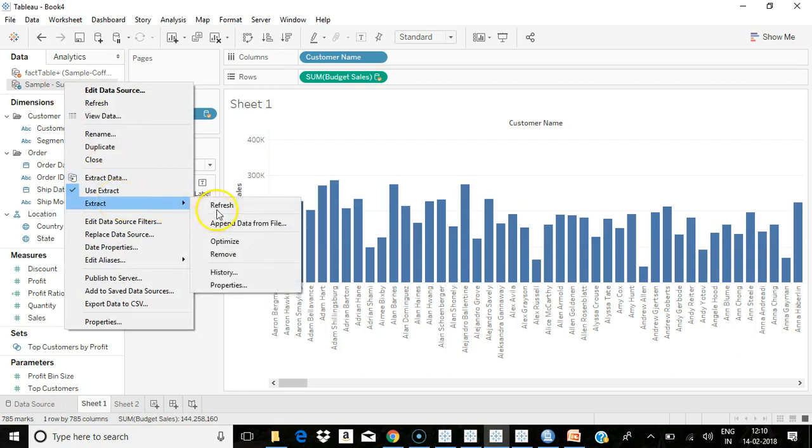You also have options to refresh and append your data from a file. You can still go for query optimization.